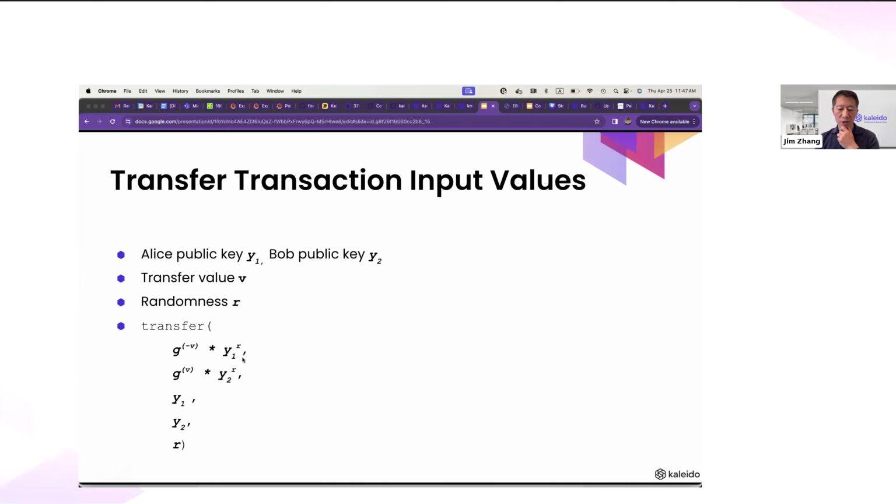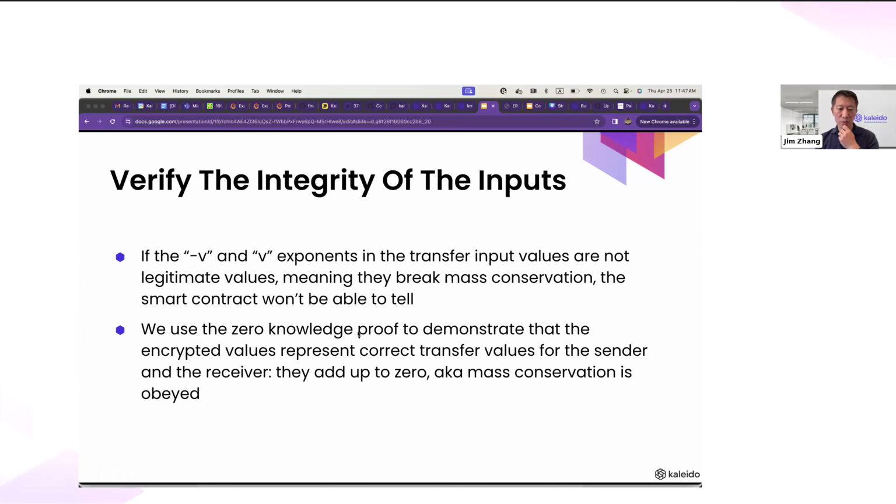How does the smart contract guarantee that this is an honest transaction, meaning you are giving the same value you are deducting from your own account? That's where the zero-knowledge proof comes in. We don't have time to go through exactly how that's constructed, but just know that it proves to the smart contract that they add up to zero. So no new coins are